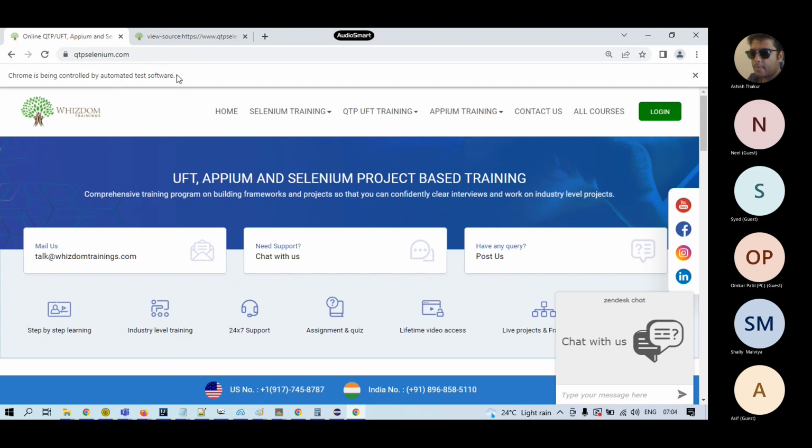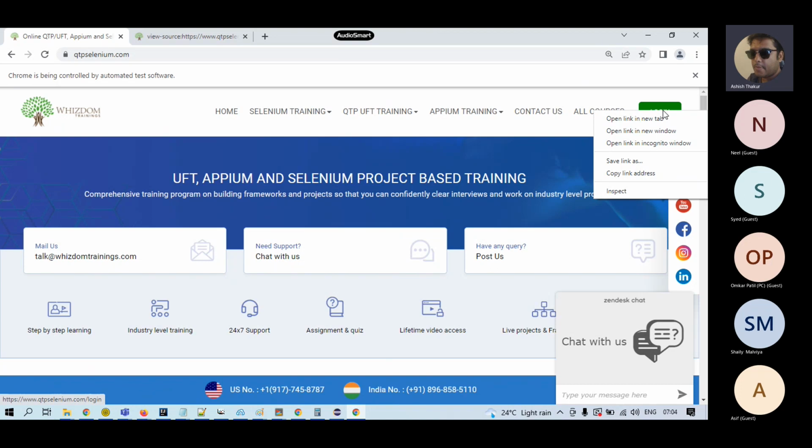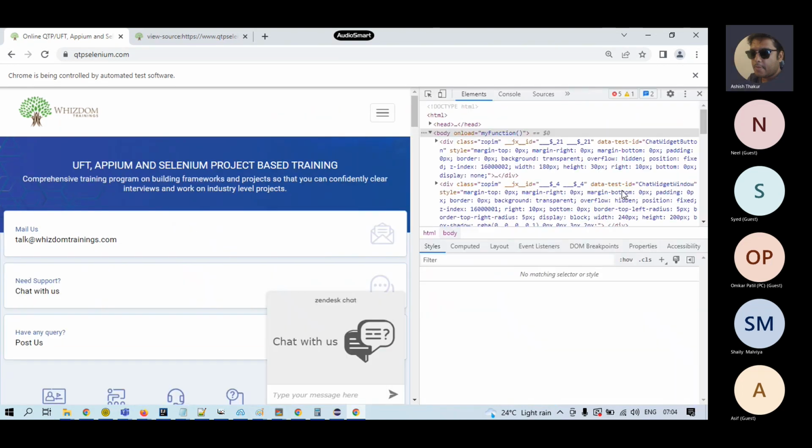All right. For example, this is the login button. If I want to see the page source of this button in Chrome, you can right click on this button and you will see the option of inspect. You click on